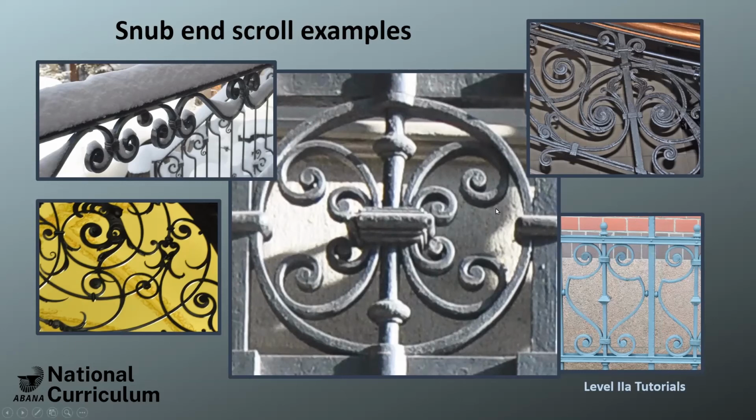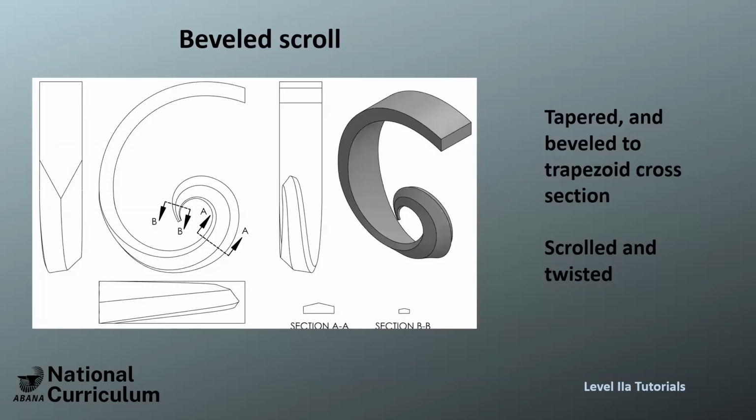Another example here that's a little more modern, but probably also 100 years old. And here one that is somehow 2 ends forged into 1 scroll. So it comes in all kinds of ways, and you find it all over old and new blacksmith work. We have one last scroll to do,